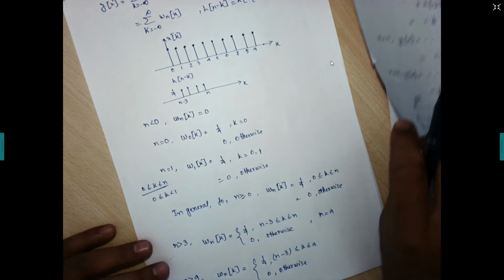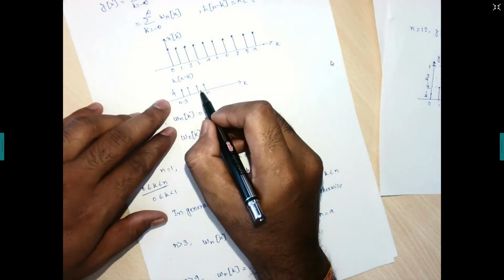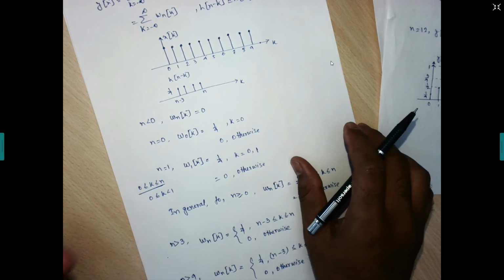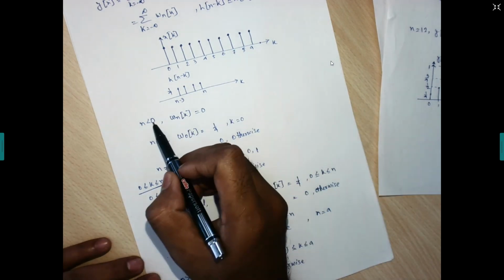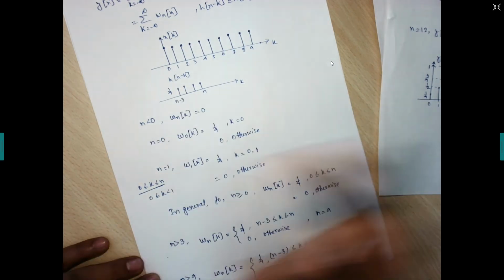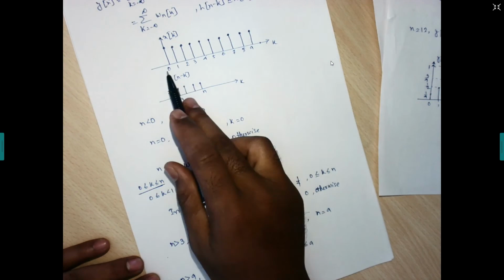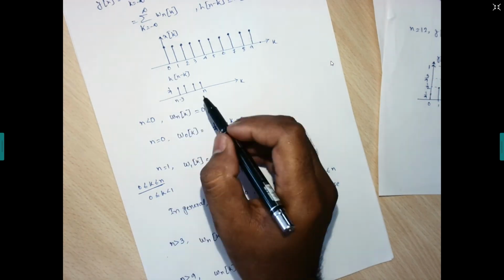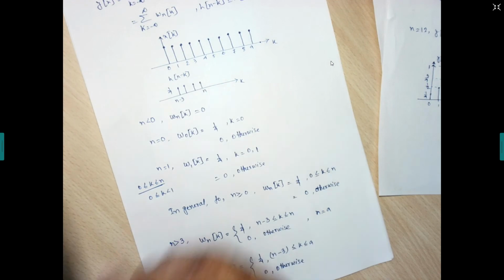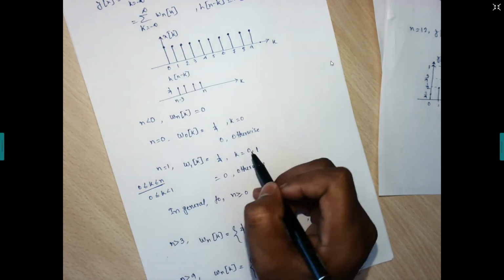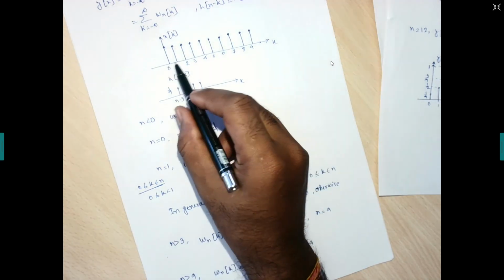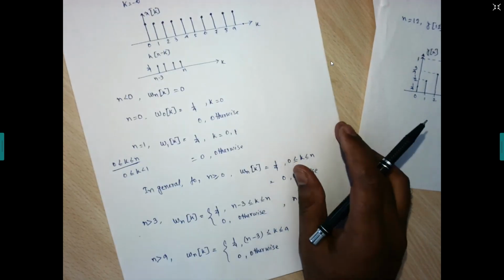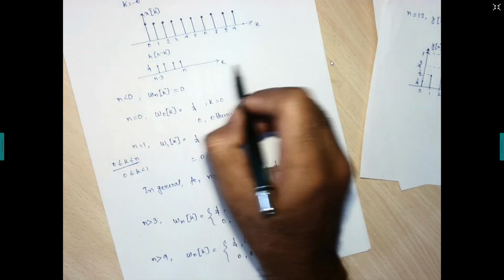Understand how we have been doing? We have been sliding this h of n minus k starting from the left-hand side and going to the right-hand side. Fine. Now if we move from the left-hand side, at the left-hand side nothing is there, completely 0. Starting from n equals 0, we have our first sample having the interaction. If we go to n equals 1, these two samples will have the interaction with this 0 and 1, right? In this way, as we move, the number of interacting samples will be increasing.